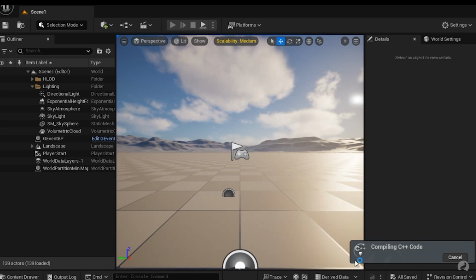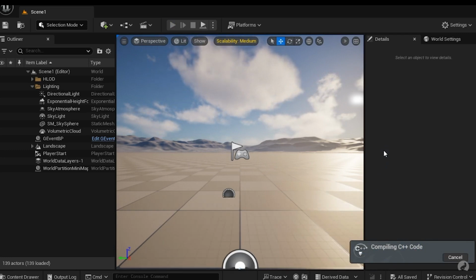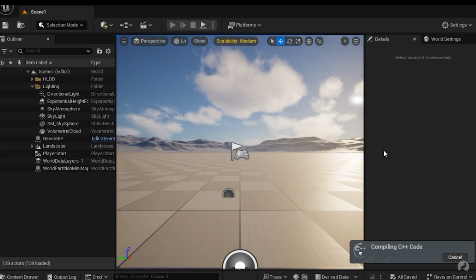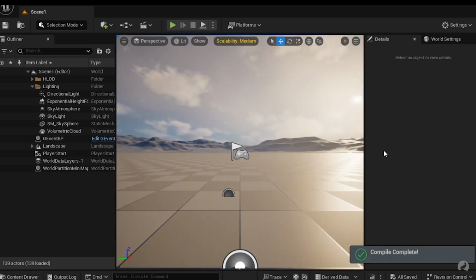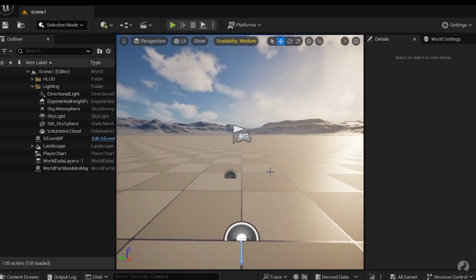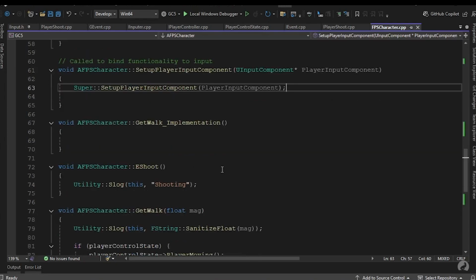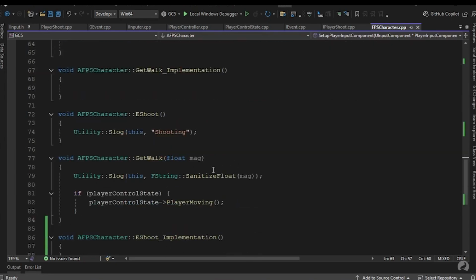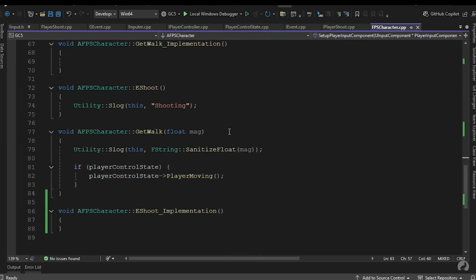But in Unreal Engine, it is different because you don't have an extra layer on top of the game engine. For example, the compile time between 10 lines of code and 1000 lines of code are very noticeable. Each time you compile your code in Unreal, it will take at least 10 seconds, and sometimes it will take minutes. And actually, this is the main problem of the C++ in Unreal Engine.